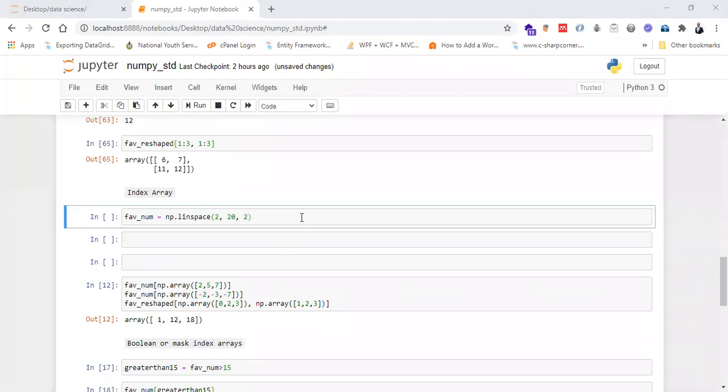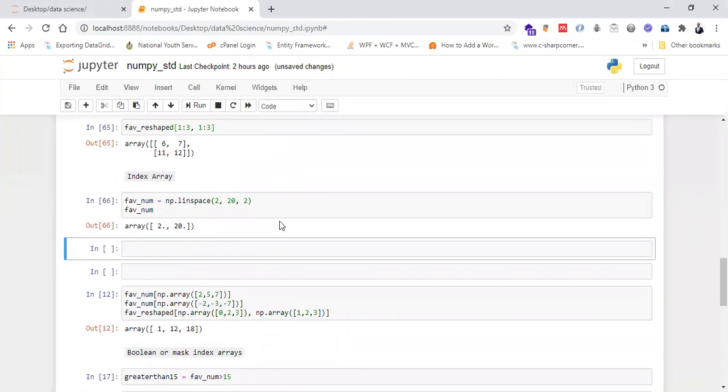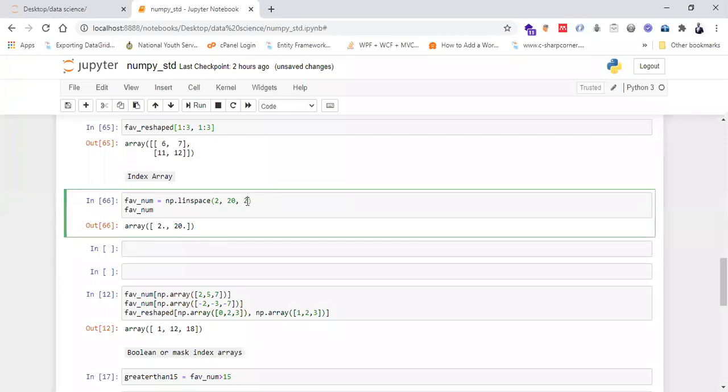So let me print my favnum. Okay, I don't want two elements. Give me just